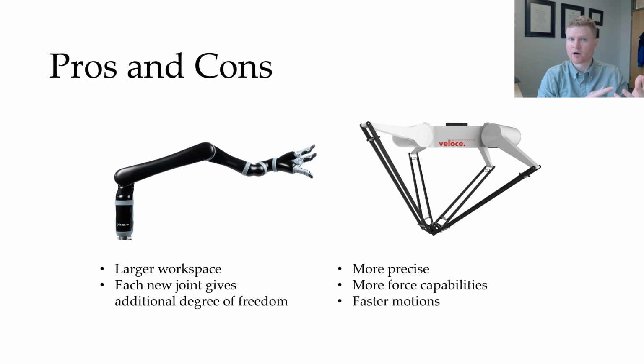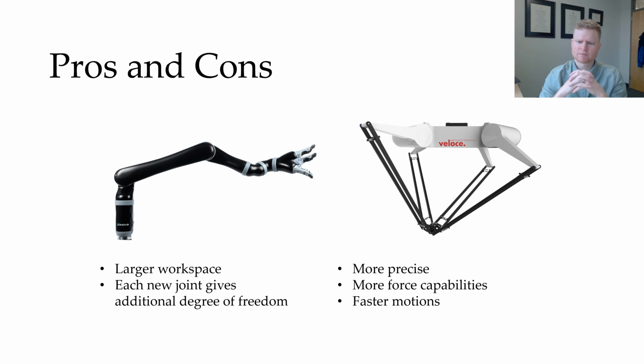However, a parallel robot also has strengths. It's more precise, it's got more force capability, and it's got faster motions. And there are a couple reasons for that. One is that we've mounted all of our motors at the base of this robot. And so the links and joints that move towards the end effector are a lot lighter, and we can move